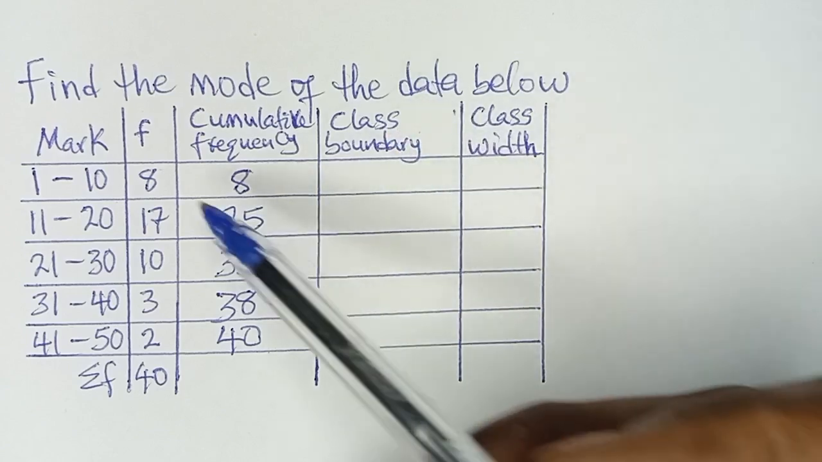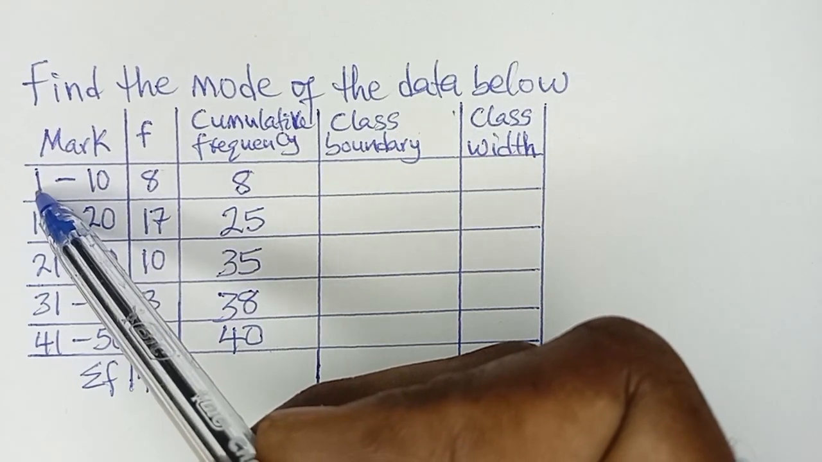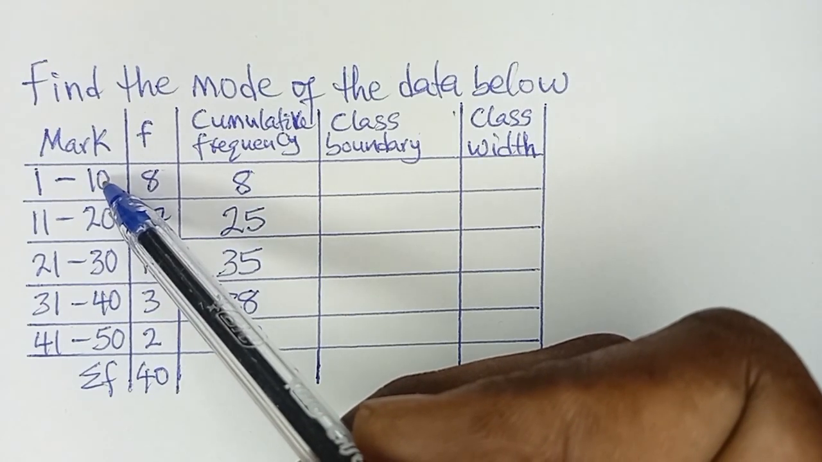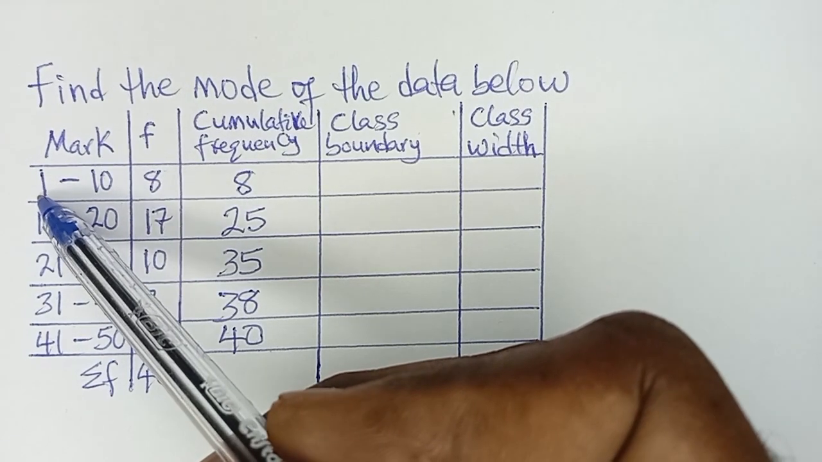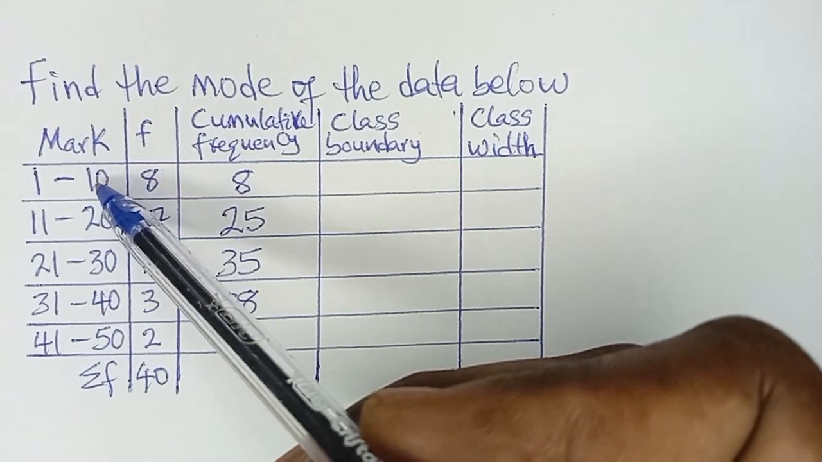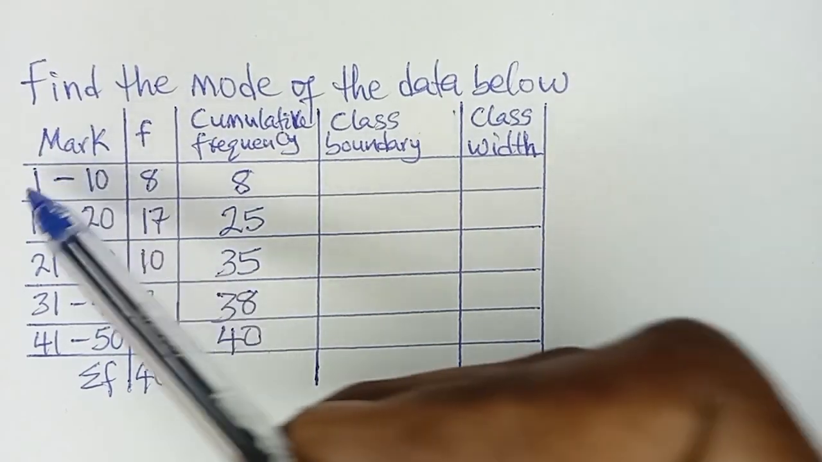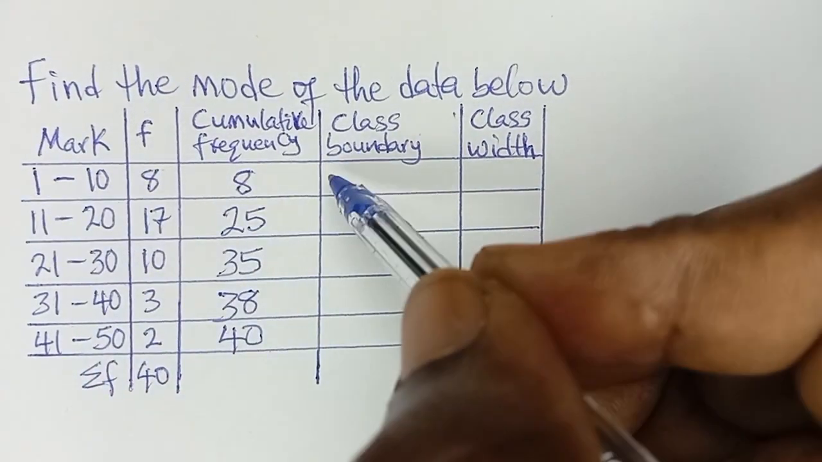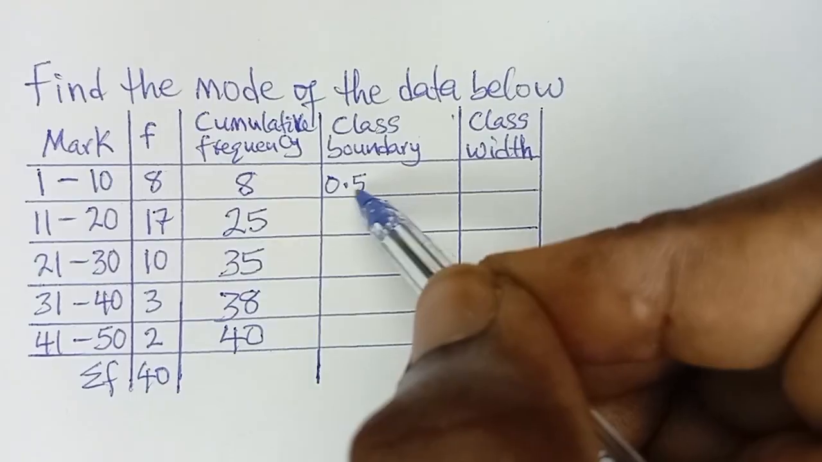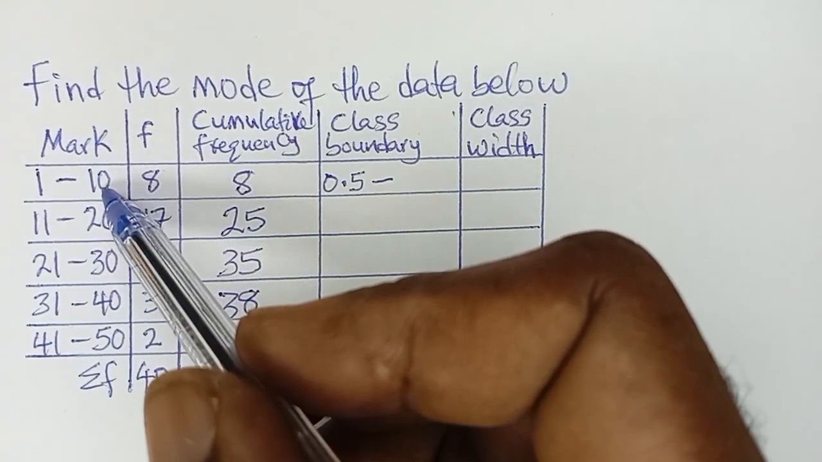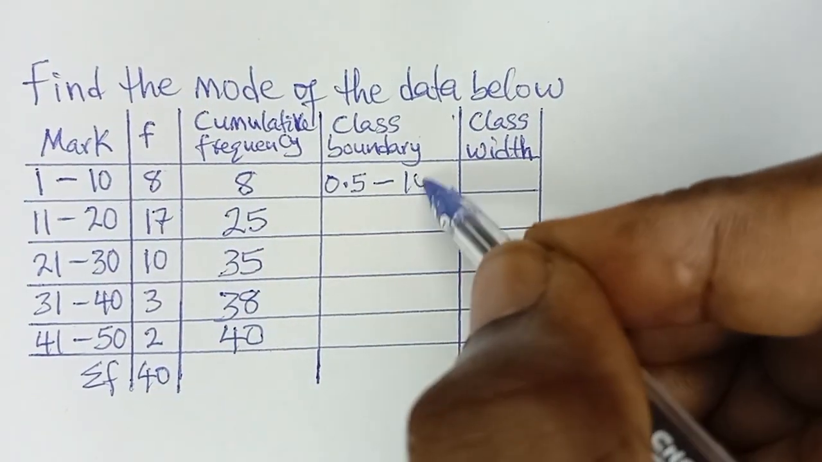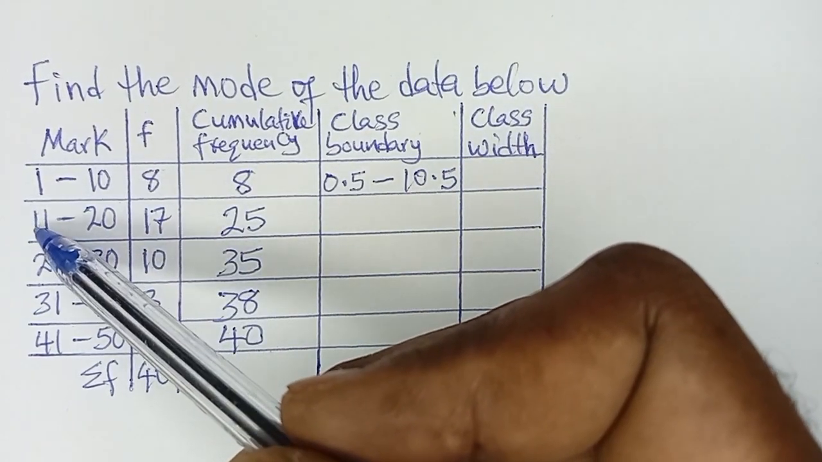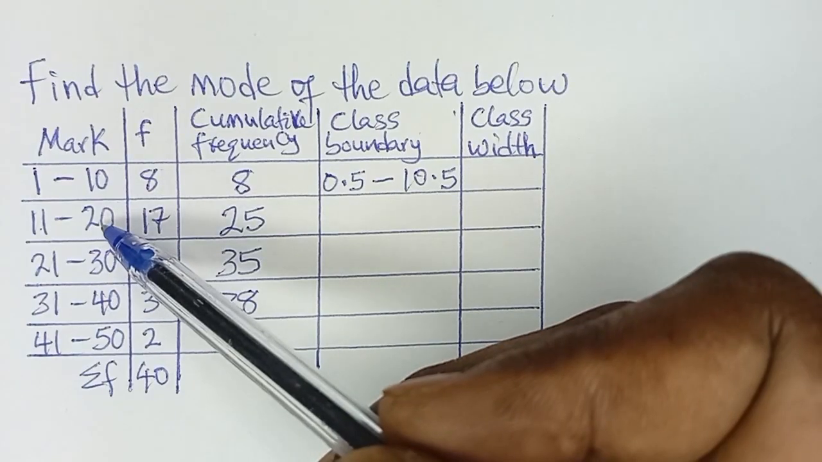For us to get the class boundary, we're going to subtract 0.5 from this first value here, 1. And then we also add 0.5 to this second value. So this first value here is the lower class limit, and this second value is the upper class limit. So subtracting 0.5 from 1 will give us 0.5. And 10 plus 0.5 is 10.5. So that's how you keep subtracting 0.5 from the lower class limits, and then you add 0.5 to the